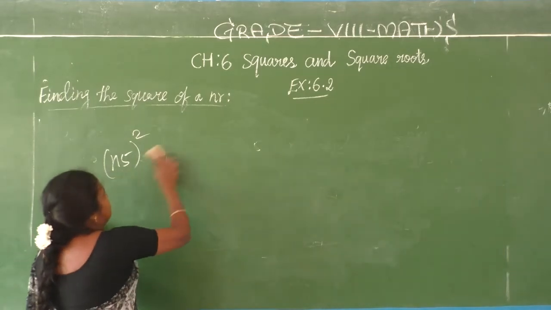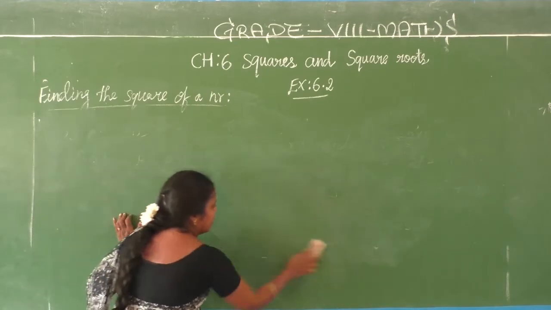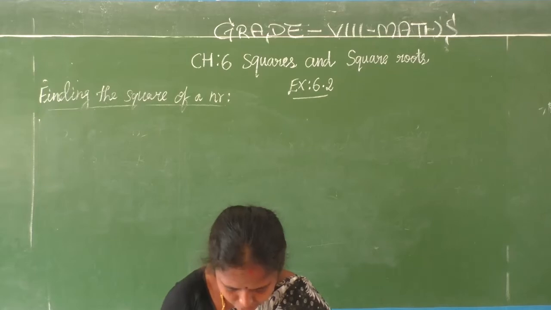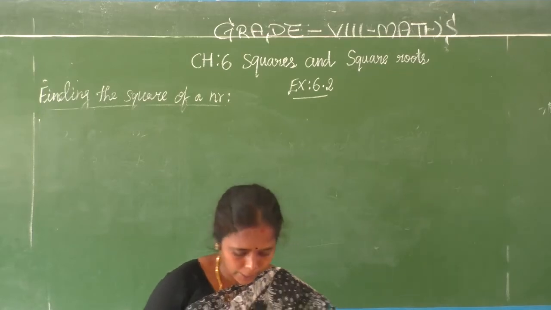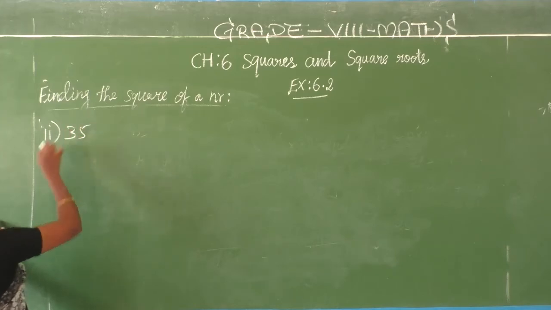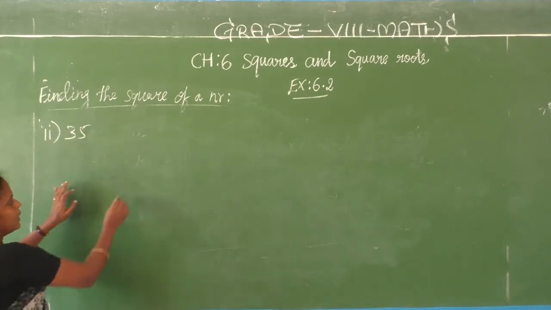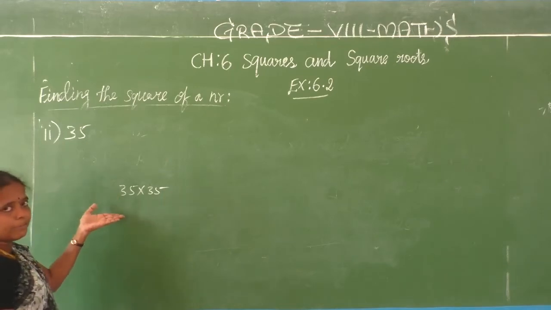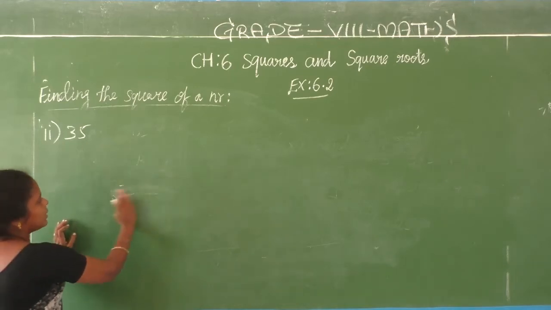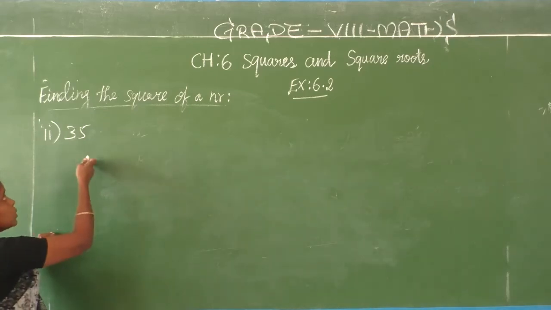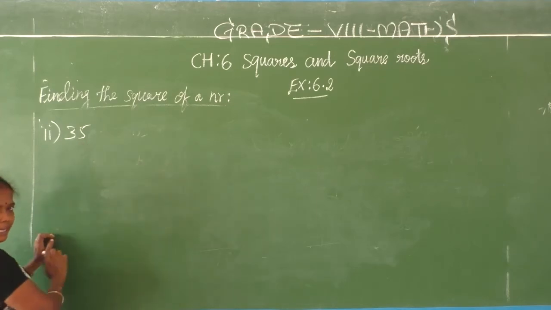So based on this pattern, a few questions are given in our exercise's first section. I am taking some. See here is given 35. Second question: find the square of 35. We need not multiply 35 by itself. Actually, the question is that only, taking the square, but we have to do it without the actual multiplication. And especially this is ending with 5, so in this pattern, yes, we can get the answer.